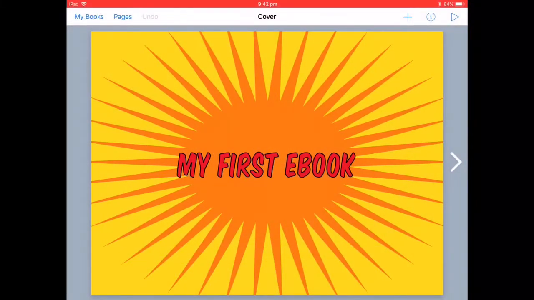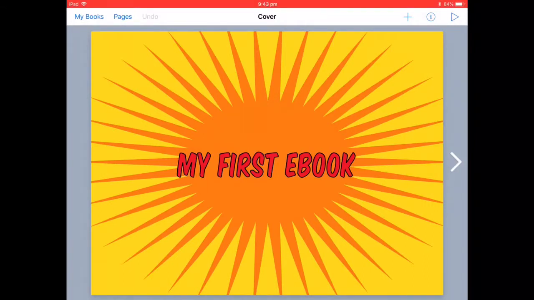My personal preference is for the comic book templates, as they have a lot more features and elements that can be added and edited, and therefore making a more engaging ebook to use with students or for students to create themselves. So we're going to look at adding a new page now, and then on that new page we'll add